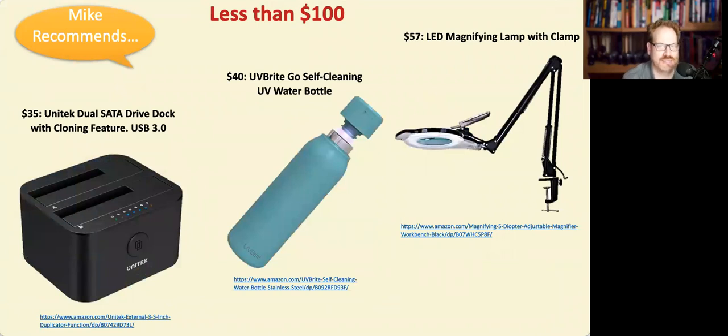The first one, it sort of comes into play when maybe you're getting a new computer and you're looking for a way to migrate your old information to your new computer. If you're able to remove the hard drive from your old computer, some laptops, it's more difficult than others, but especially for desktop computers with those larger hard drives, this Unitech dual SATA dock can work really well for this. So you'd unscrew and unhook